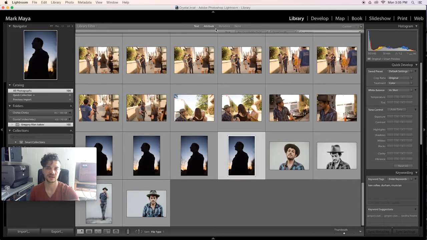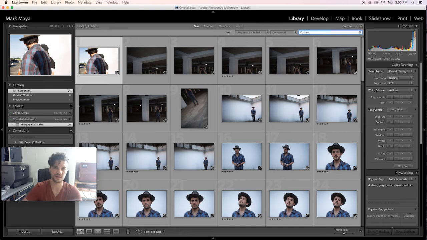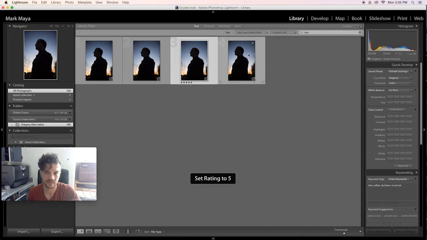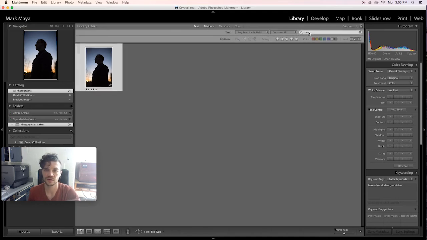Okay, in the same sense, I can click text, type in Ben, and just his photos will pop up. Okay, if I was culling and I wanted the 5 stars with Ben, there it is. Okay, so much time. I filtered out all of the crappy images that I would never use, but I did